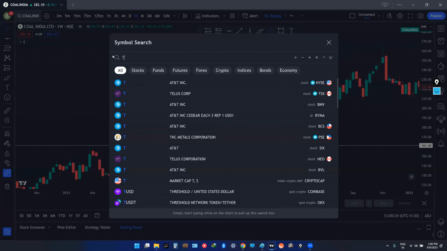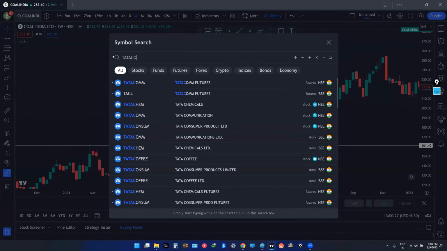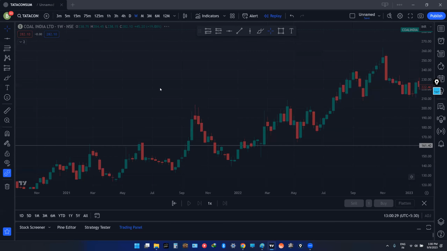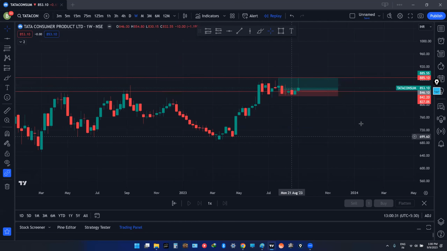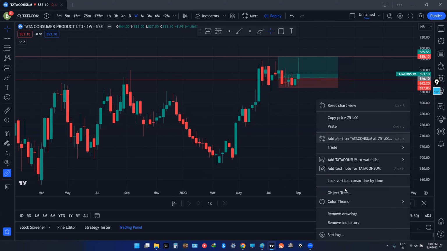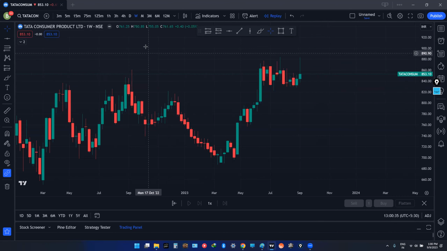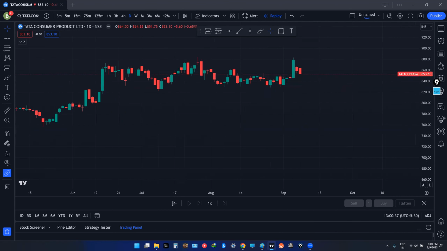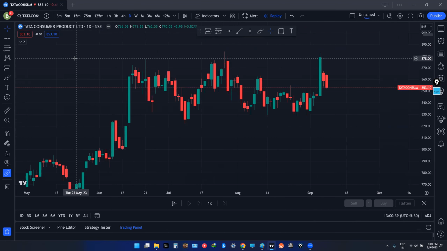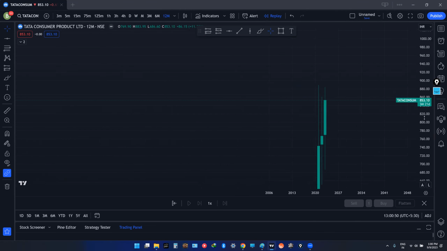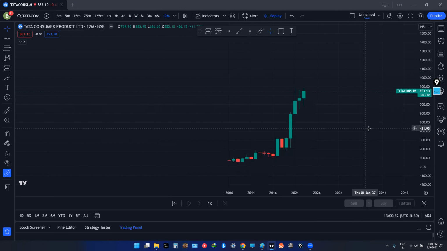I will give you a future product that you can track. I have traded this myself also. You can see this. This is my only analysis. I traded this on an intraday basis. I did not carry forward. This is Tata Consumer. I entered somewhere here only in this candle, and here only I exited. Right now it is looking good only for investing. If I go to yearly in Tata Consumer,